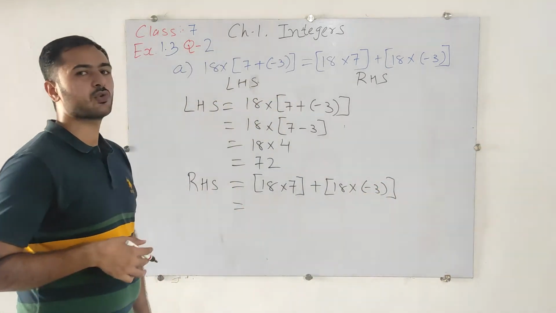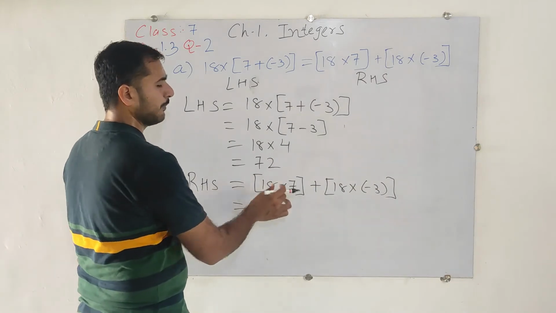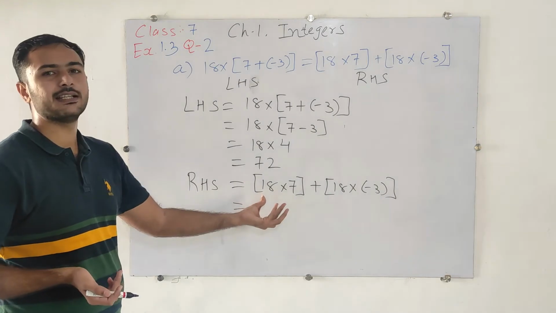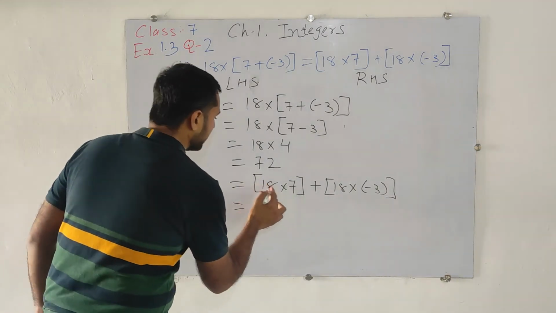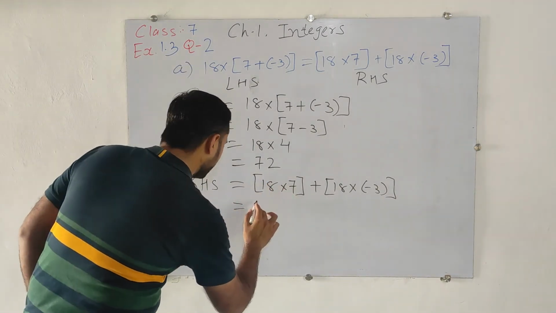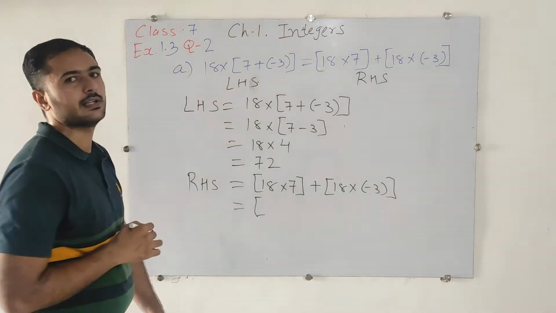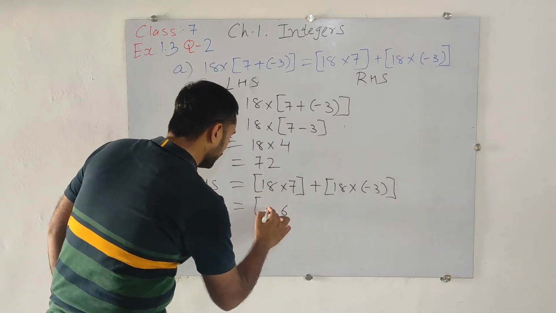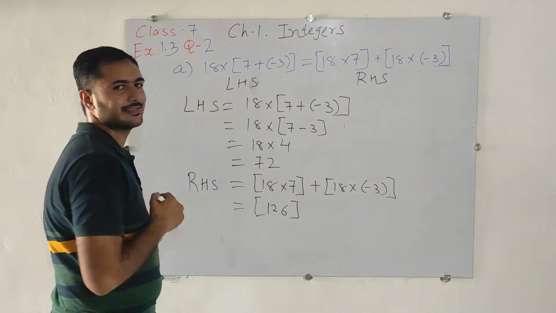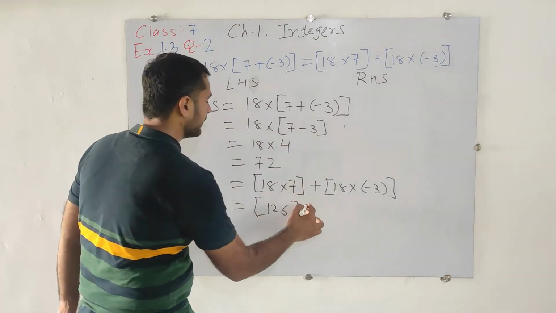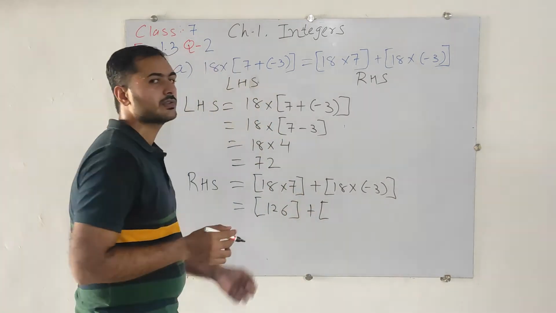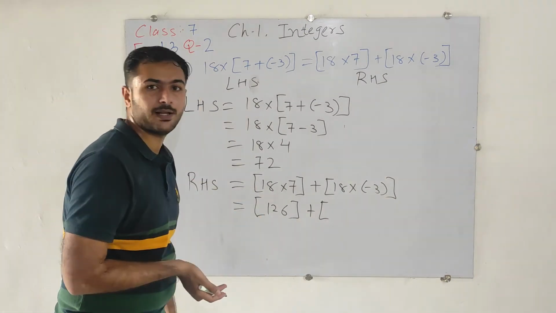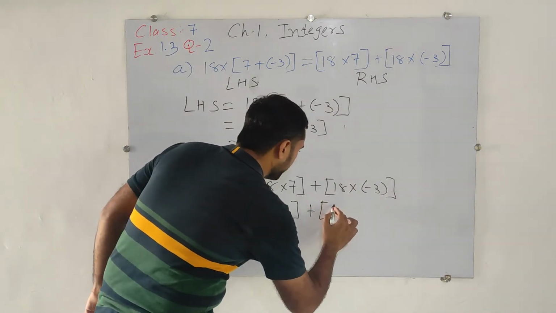So same here, we will solve the bracket first. But here that's the multiplication sign. So in that case, first of all, I will solve this first bracket. That is 18 multiplied by 7. I am going to do it in the bracket only. 8 sevens are 56, carry 5. So 18 sevens are 126. Now here, 18 threes are... If you don't remember the table, you can do the multiplication also. But here, that's 54.